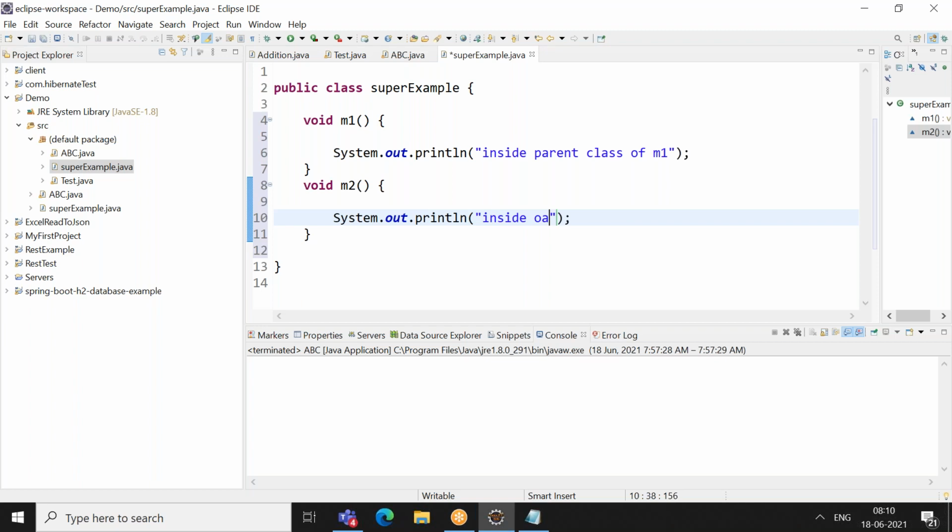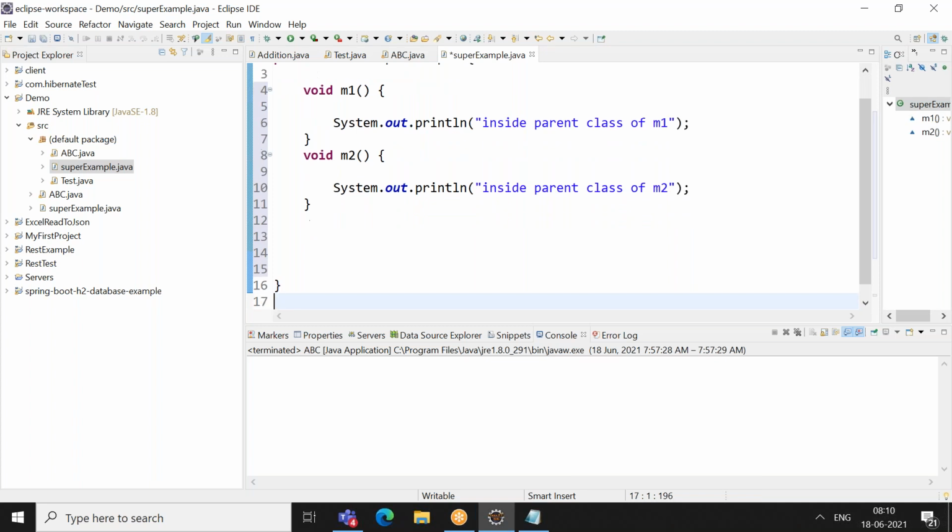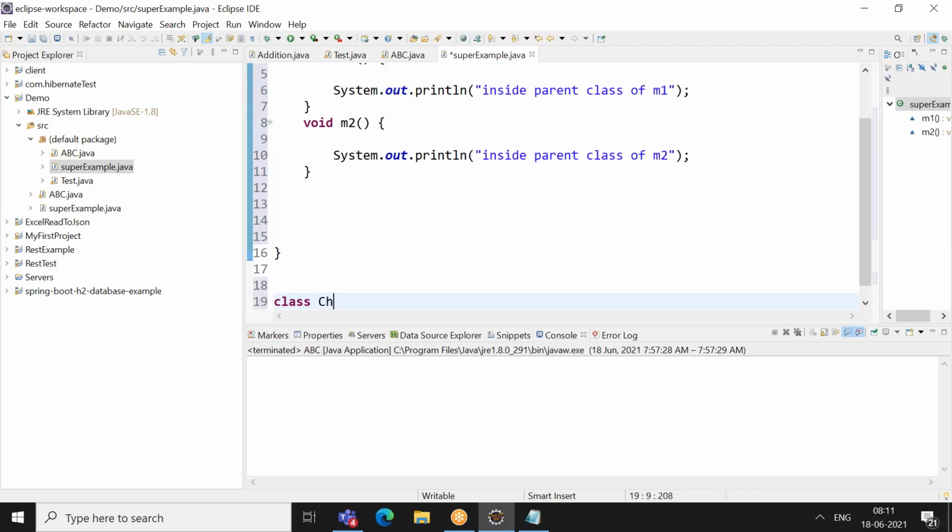So your parent is having two methods. And you are having a child class, like I'm just taking class Child extends SuperExample. SuperExample is my parent. It should be capital actually.